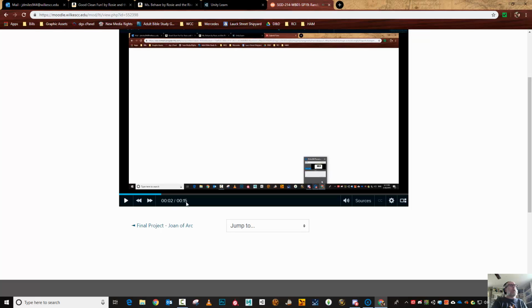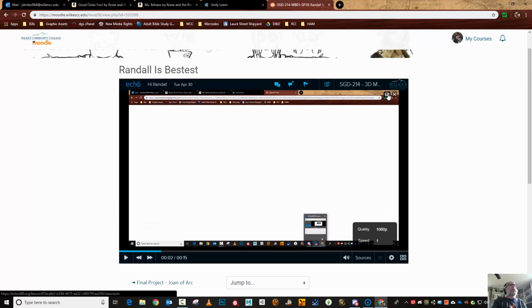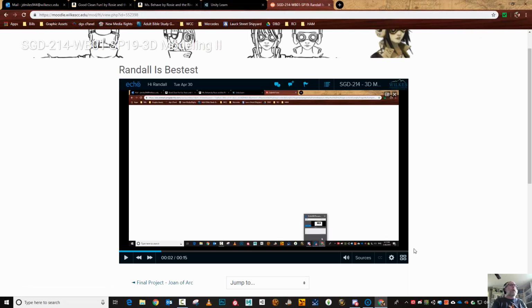And if you have two monitors, I'll stop that. They can do stuff over here. I don't really know exactly what they can do over there. Well, there's no views to switch between. So if I had my webcam down here, they could toggle which one's the big one and which one's the small one. Change their quality, change their speed if they like. The only thing I was not sure of is how to make it full screen. But yeah, there it is. That looks like full screen to me, so I'm going to call that full screen. Okay, so hey, there we go. That is using Echo 360, so hopefully that will take care of those